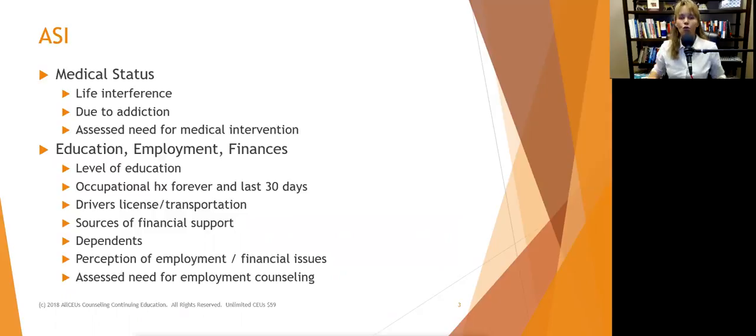Occupational history, we're going to ask about forever. What does your occupational history look like since you started working? And for a lot of people, they may have a decent occupational history up until X point when that addiction kicked in. And then over the last 30 days, what has your occupational outlook been? And I do want to point out with this that the majority of people who have active addictions are full-time employees. They are not unemployed. They are not homeless. So I don't want people to have the misconception that the last 30 days we're expecting it to be a train wreck.